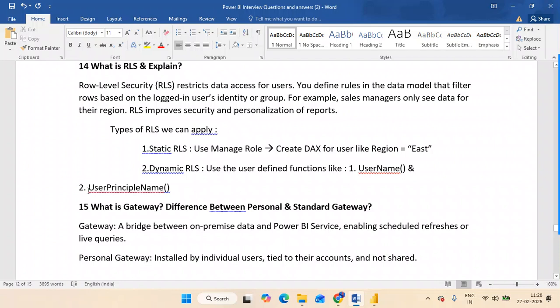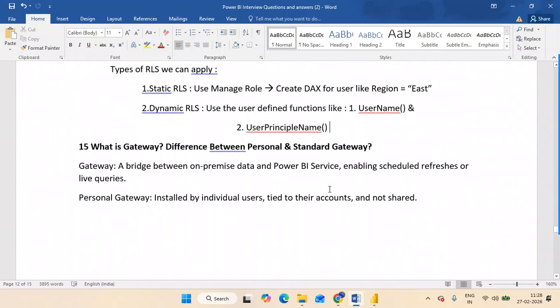If I provide the security based on the mail ID, that comes under the user principal name. So for example, user principal name equal to mail ID. For each and every row we can restrict them. Username equal to maybe like domain ID. So here we can use these functions and we can write the dynamic logical calculations.